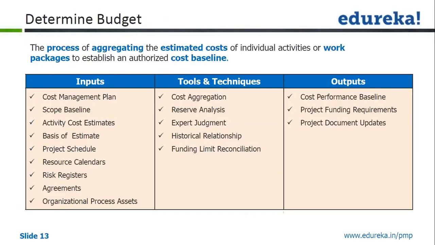Going back, what we have here is the process of aggregating. We saw how we are aggregating, so why I went back was that cost aggregation was in effect. You saw how aggregation is performed, which is a simple, straightforward process to arrive at your cost performance baseline, the way we call it, cost baseline, which is essentially the authorized time-phased project budget.